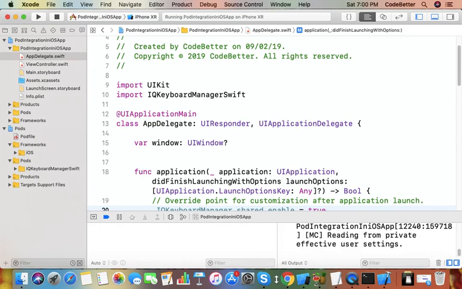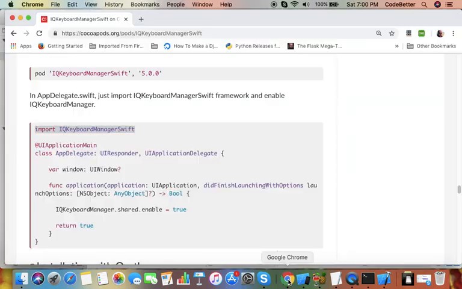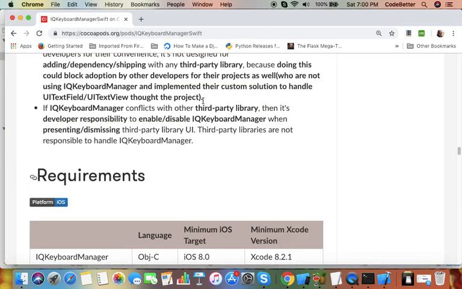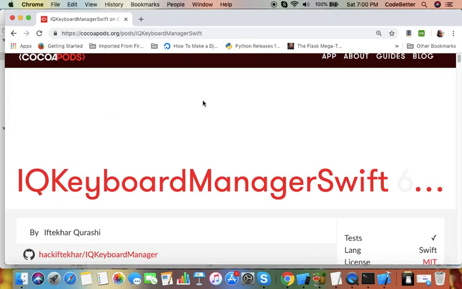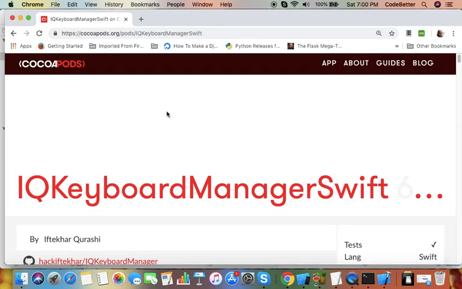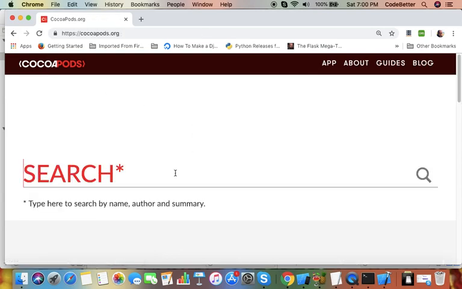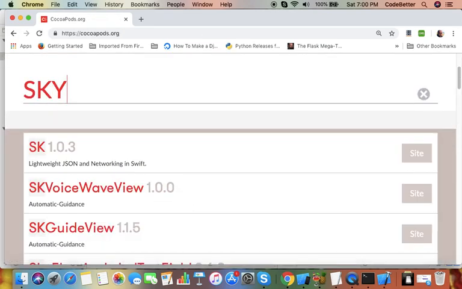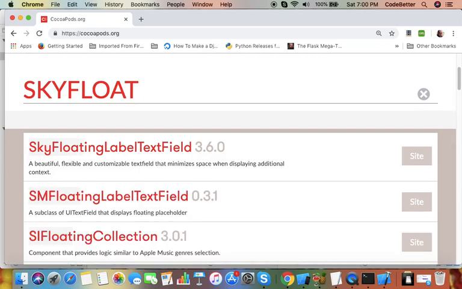So this is how you can easily integrate any library from CocoaPods. There are various libraries you can utilize. Let me give you some more library names. So one is SkyFloatingLabelTextField.